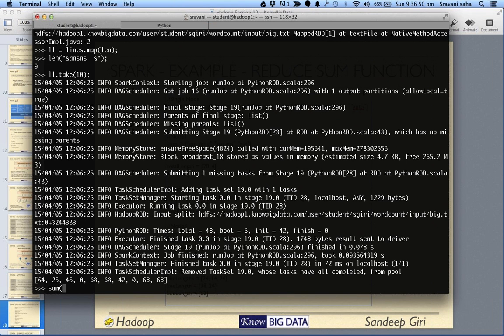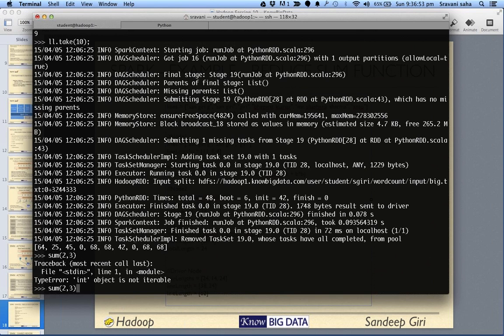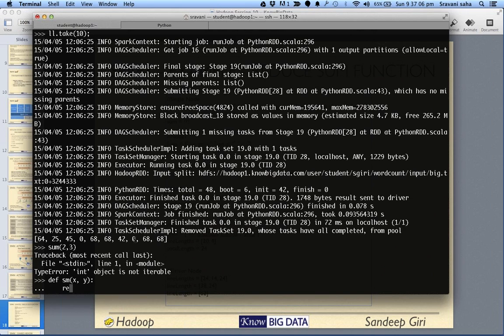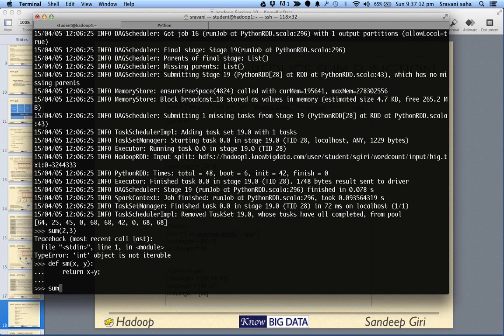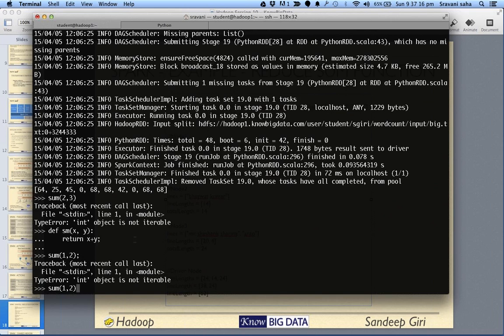Now let's do the sum. Do we have a sum function? Sum is not there. So let's define sum, and let's call it sm. Whatever two values you give it, it will sum them up. sm is taking two values and converting them into one.